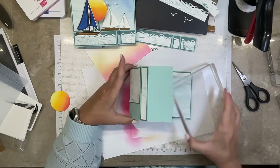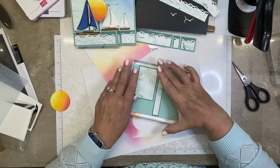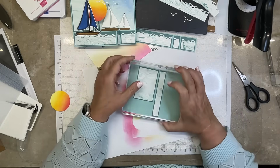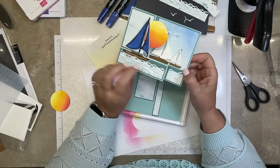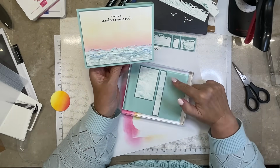Let's see how this one is doing. Oh, that one's stuck pretty good. There we go. I don't want glue to get on my block. Okay, so that can sit there for a minute. How about if we work on the back? Because we have, oh, I didn't do